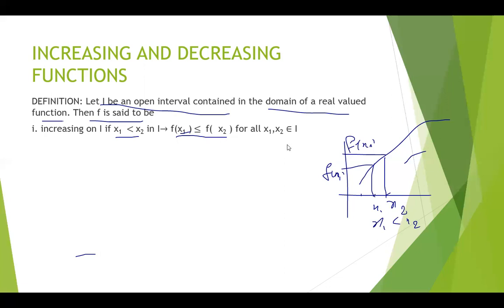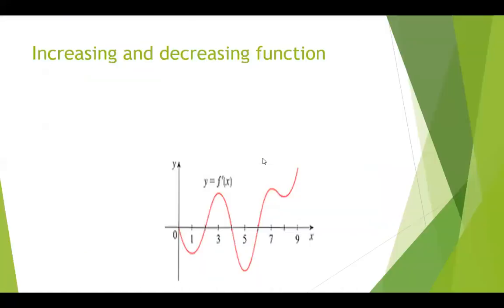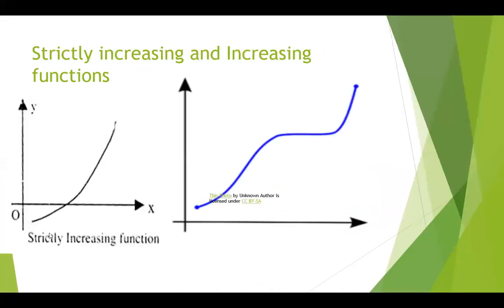Suppose this function becomes strictly increasing, at that time f of x1 is strictly less than f of x2. I'll show you the graph. It will be quite clear from that graph. Here I have the curve y is equal to f of x. For any values of x1, x2, x3 like that, their ranges are like this and it is an ever increasing function. So this function is an example of a strictly increasing function.